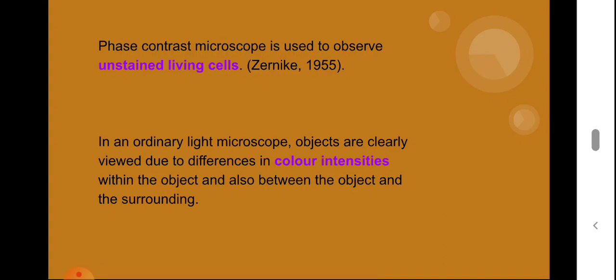We stain. The first step is preparing the cells, preparing the specimen. Certain procedures are there for that. For example, if we want to view blood cells, we make a smear first, then we stain it. There is a procedure for staining. We add the stain and keep it for 5 or 7 minutes.